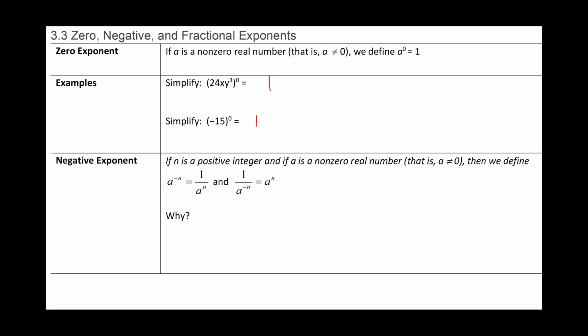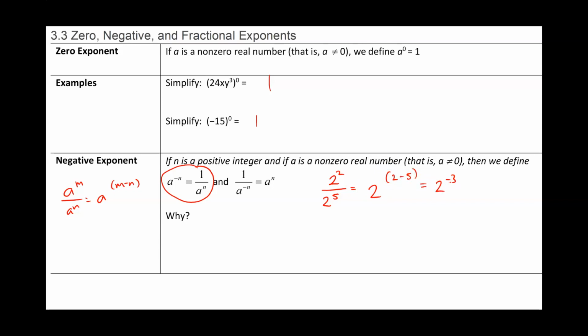Now let's take a look at the harder case where we have a negative exponent. Let's say we have a to the negative n, and that equals 1 over a to the n. So here's an example. Let's say we have 2 to the second divided by 2 to the fifth. Using the formula, remember that if you have a to the m divided by a to the n, this equals a to the m minus n, where we take the exponent of the numerator and subtract the exponent of the denominator. So according to this formula, we keep the base and we subtract 2 minus 5, which equals 2